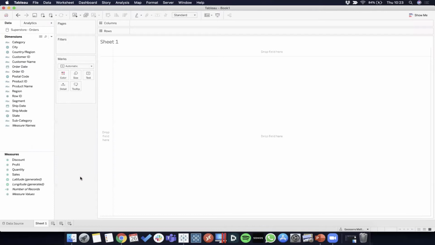On the left side, we now see that all of our columns, or all of our available data, has been divided into two big parts. You have your dimensions and you have your measures. If you hover over them, you'll see that dimensions by default have the blue color, while measures by default have the green color. The big difference between dimensions and measures would be